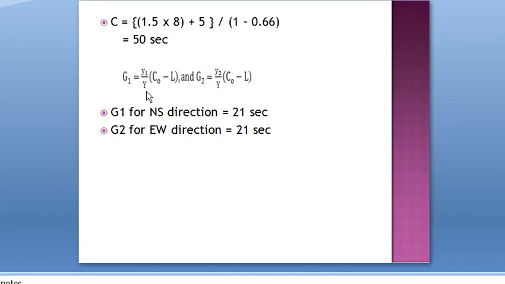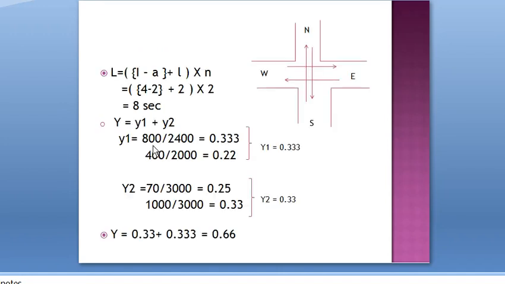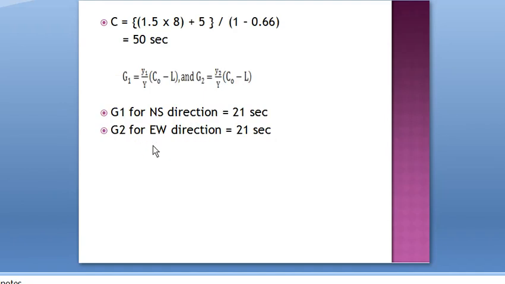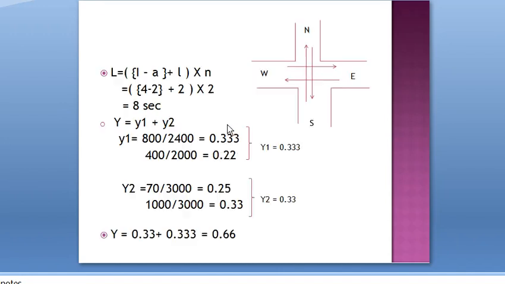Next we have to calculate green time for road A and road B. So first green time for north south direction, by substituting the values in this equation we will get it as 21 seconds. You just work out and find the answer. It is 21 seconds. Then for green time equation for east west direction, values are what we have obtained, y, cycle length, etc. So you substitute the values,